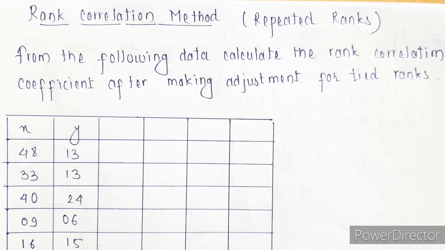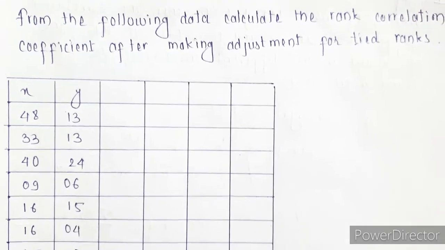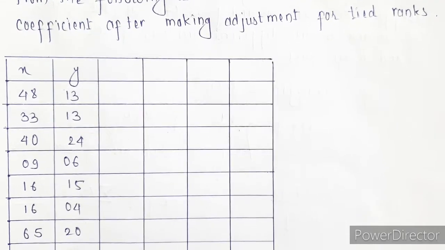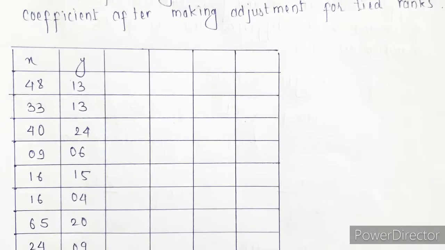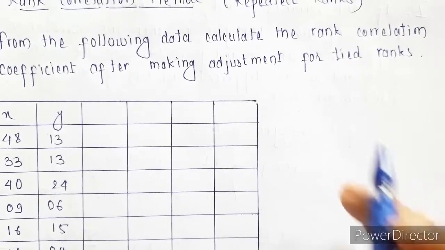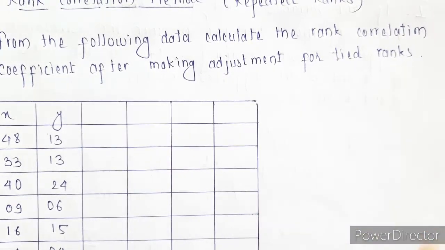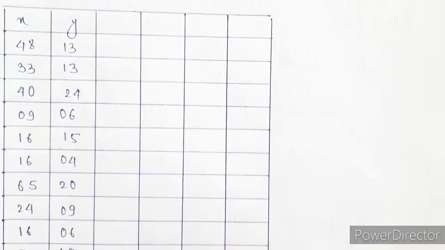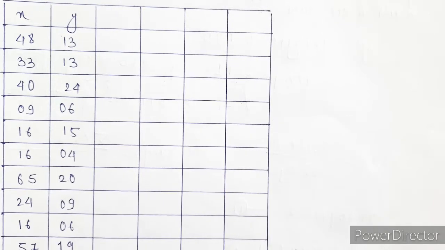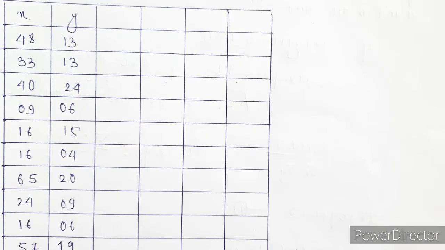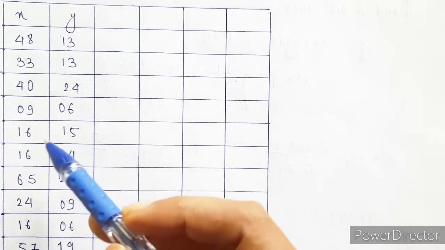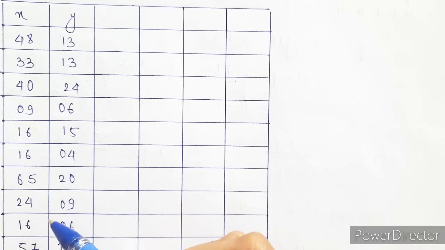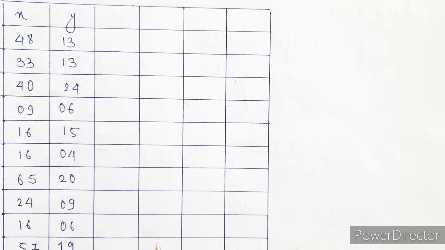Okay. So let us look at this example wherein we have repeated values, and let us learn how to assign the ranks if we have repeated values. So here we have to find the rank correlation coefficient. These are the values of x and y given. Now again the procedure is the same. First rank will go to the highest value, then second, then third, but in certain cases we have repeated values, so we have to take care of those repeated values.